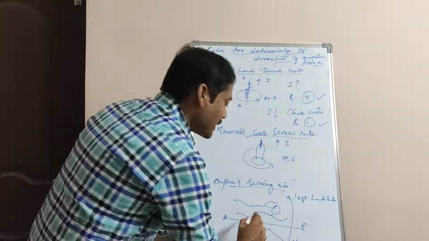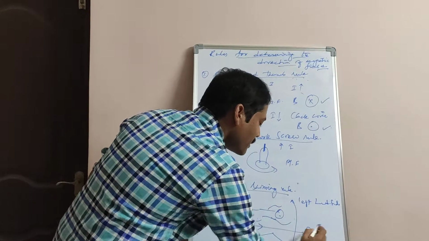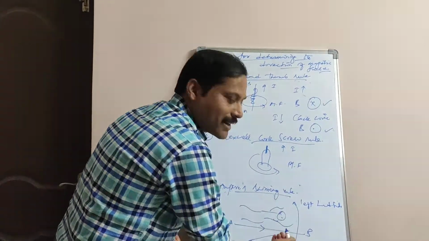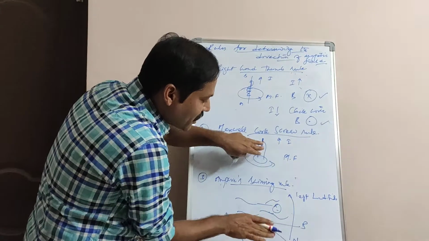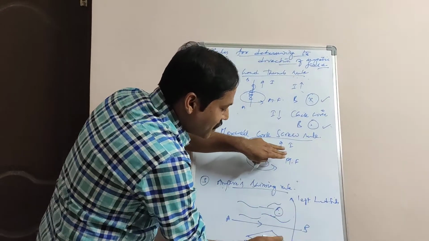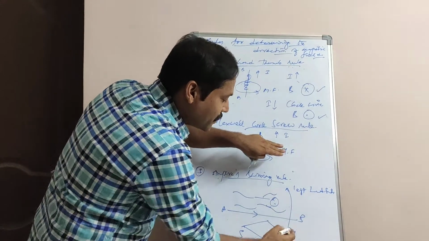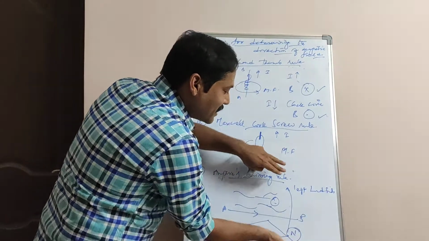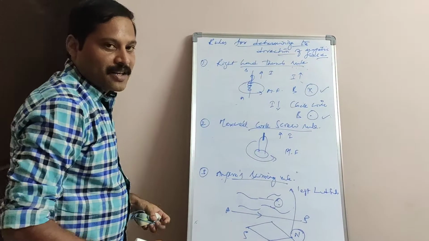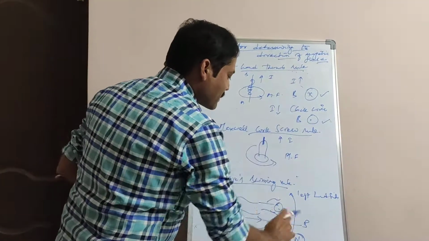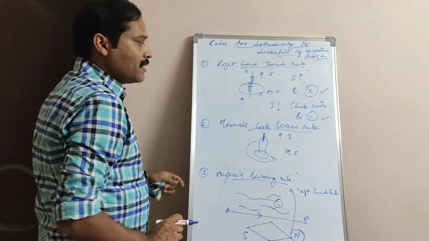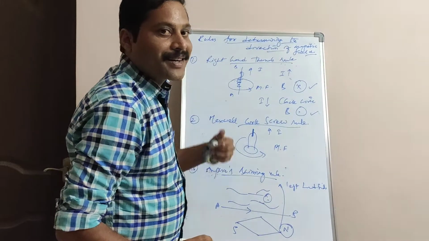Okay. So that means electric current is moving in this direction and the magnetic field is acting in this direction. Therefore, when a man is swimming along the direction of flow of current, with the north pole placed below the conductor, the north pole of the magnetic needle is deflecting towards his left hand side. So in all the three cases, it states that the electric field and magnetic field are at right angles to each other.